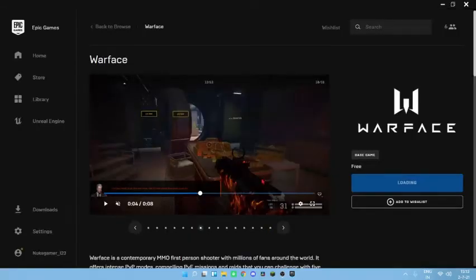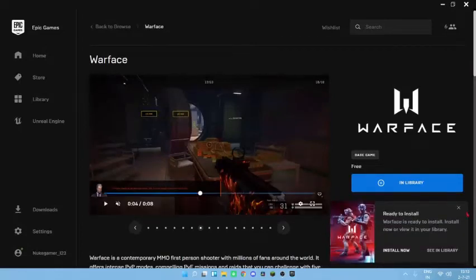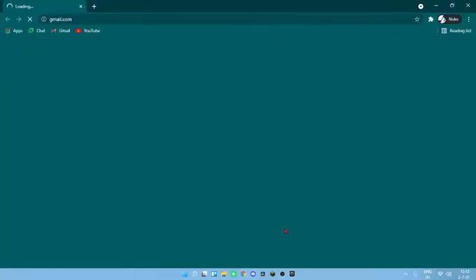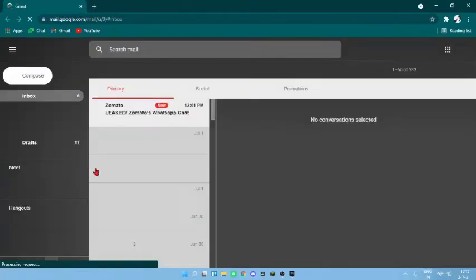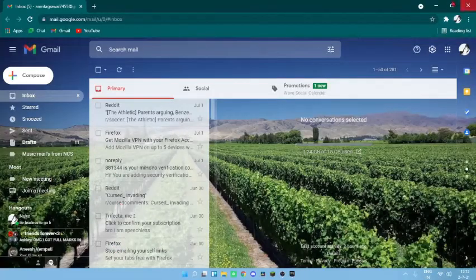An email will be coming to your email ID. The email you give will receive a message that your game has been installed, like a receipt slip. Probably wait, I'll show you that also. I'm opening Google, I don't have any specific reason for it. My Google is hanged. It will take time. So till that time,